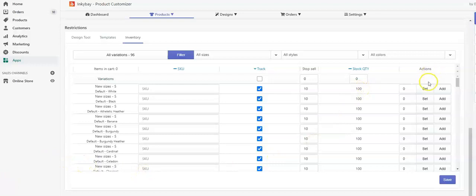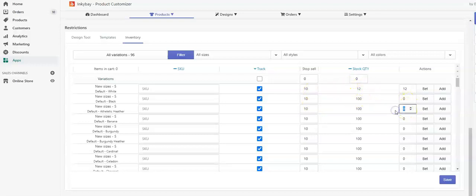Under the actions, there are two options, set and add. If you enter the available quantity of a variant and click on set, as I am inserting 12 and clicking on set, then it will replace the existing quantity, as it's replacing.